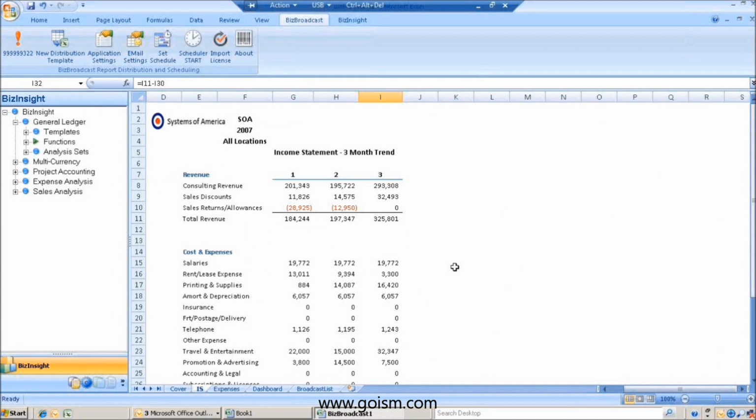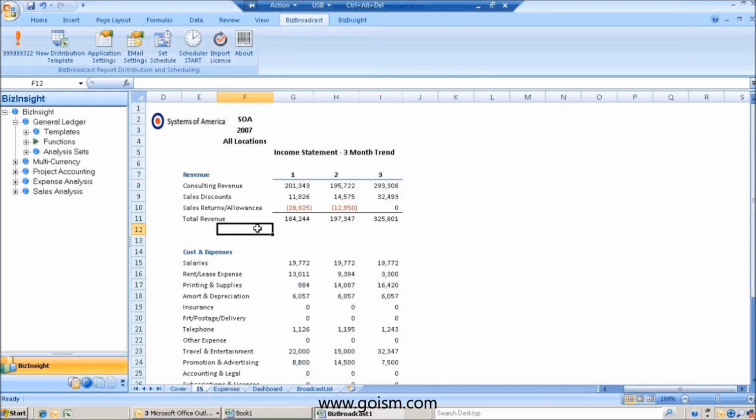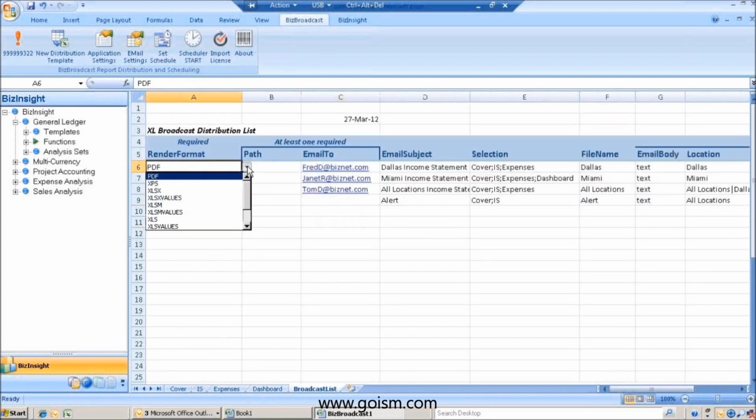Can the distribution recipients receive GL detail tabs that they can drill into themselves? You can generate a drill down tab, but if they do not have a BizNet license, they can't drill down. So you'd have to provide the drill down detail for them. Otherwise, you can send them, if you notice in the distribution, one of the options is to send them just a regular Excel spreadsheet with all the functions and the drill down capability, but they do need to have a